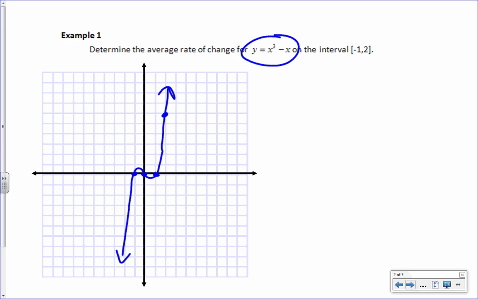So what I really want to know is the average rate of change on the interval. Everybody clear that this is saying from -1 to 2 has x values, right? So it was -1 comma what? -1 comma 0 and 2 comma 6. So do you agree there are some positive slopes and rates of change in there, some negative, goes back to positive, and then gets really